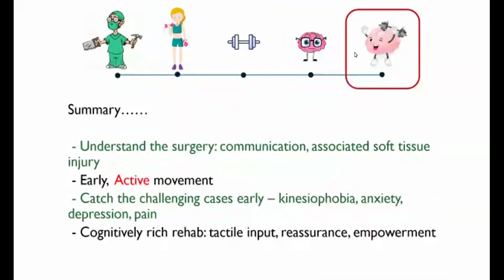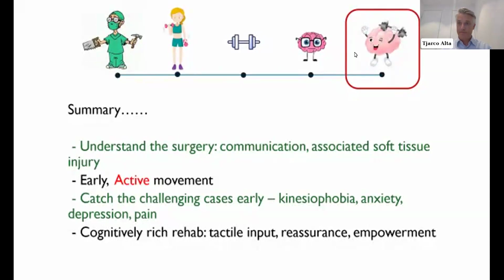So in summary, we need to understand the surgery that's been done. So communication with our surgical colleagues is important, and particularly any associated soft tissue injury. We need to be aware of any restrictions in movement as part of the ongoing rehab process with that cohort. Early active movement is key, and we've got to try to catch the challenging cases early. Things like fear of movement, kinesiophobia, anxiety, depression, high levels of pain may indicate that you have one of these cases on your hands, and in which case